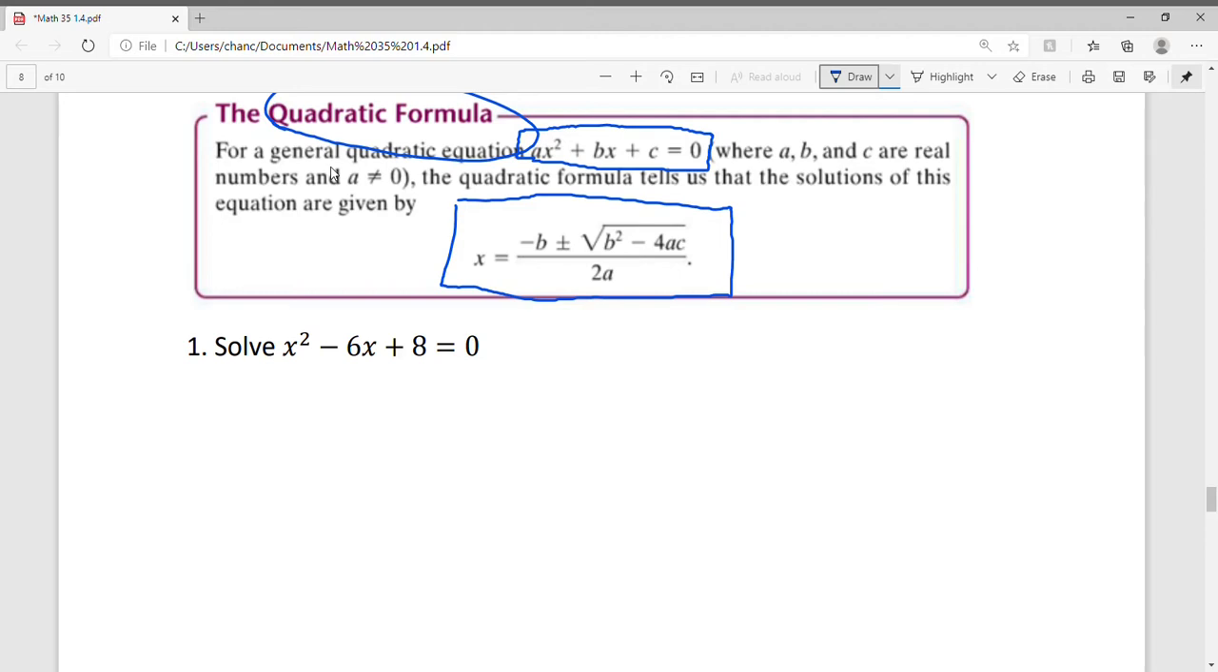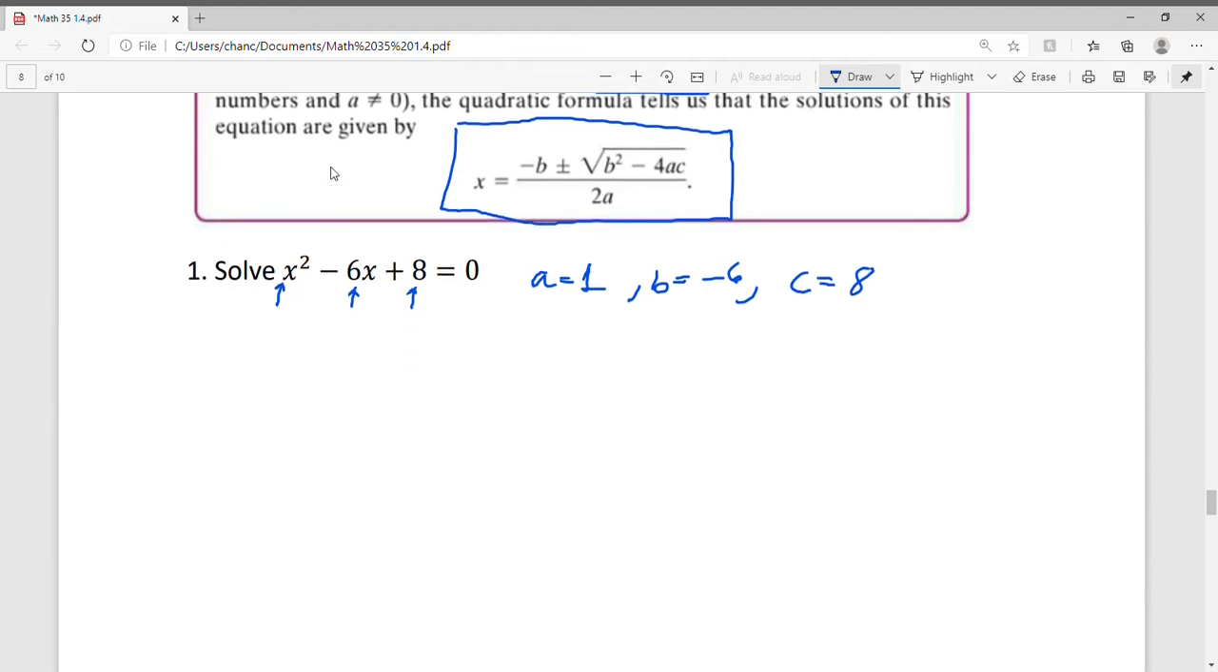Now in question 1, we have it set in the correct form. It's ax squared plus bx plus c equals 0. So we know this is going to require the quadratic formula. A is equal to 1. The leading number in front of the x is 1. B is equal to negative 6. C is equal to 8. We have x is equal to